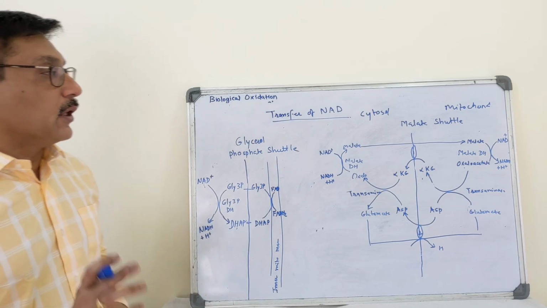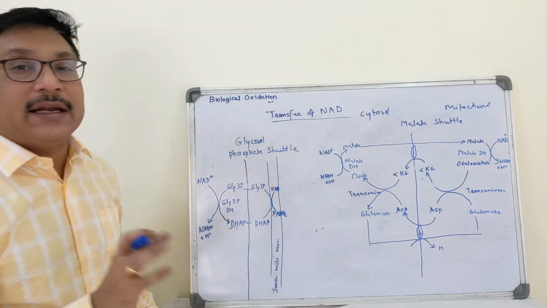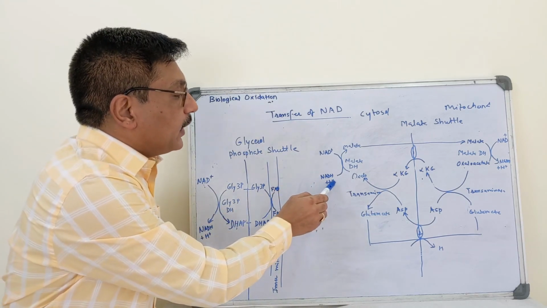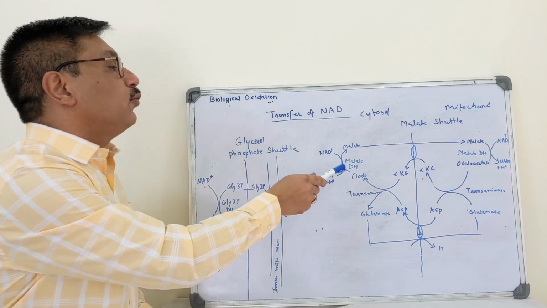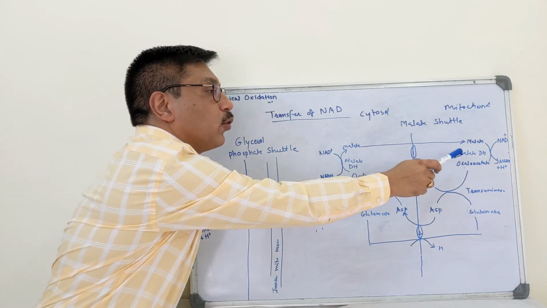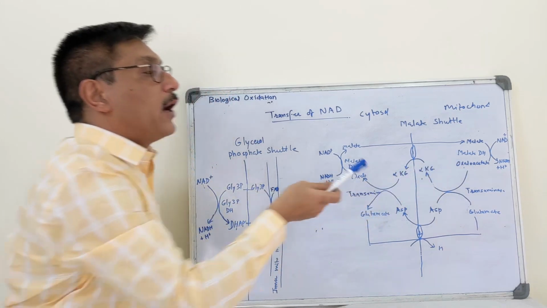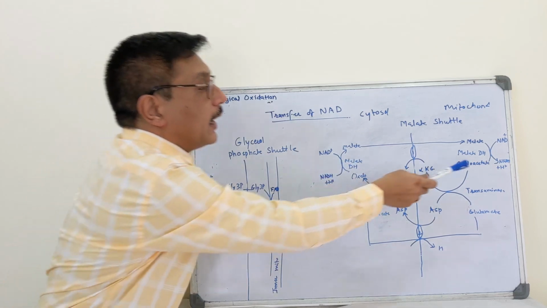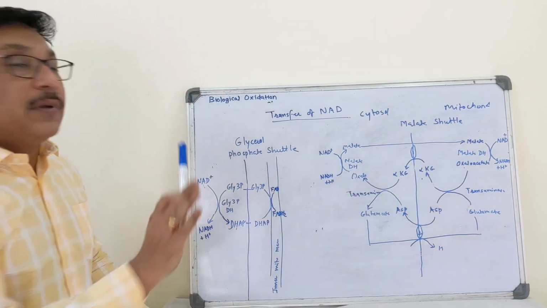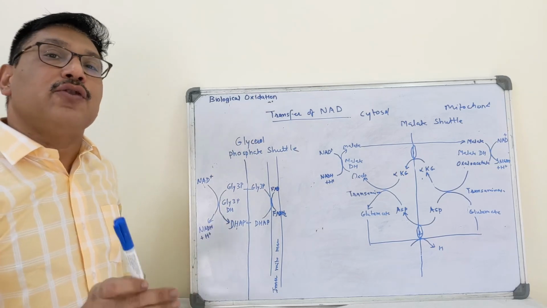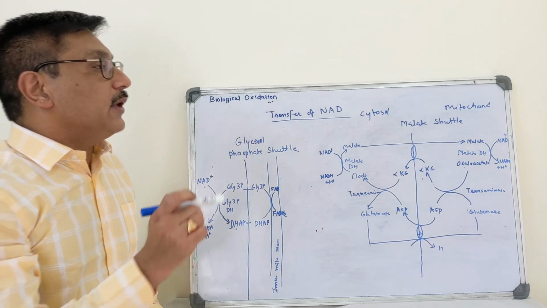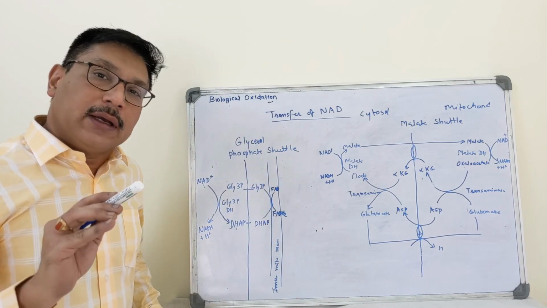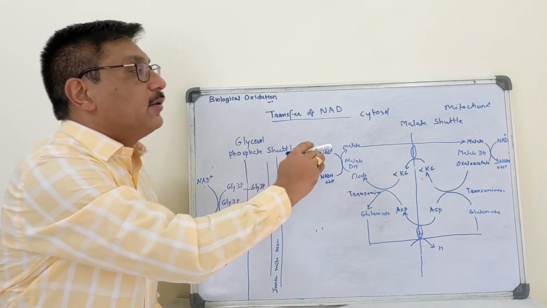The second transporter of NADH is the malate shuttle. With malate dehydrogenase, NADH and H plus combine with oxaloacetate to form malate. This malate enters the mitochondria where malate dehydrogenase acts on it; this is cytosolic malate dehydrogenase outside and mitochondrial malate dehydrogenase inside, but both reactions use the same coenzyme, that is, NAD plus is converted to NADH and H plus. So there is no net loss of ATP during transport by the malate shuttle.